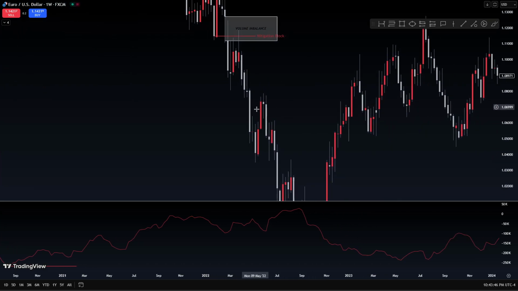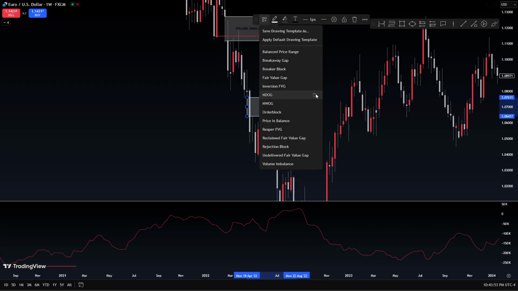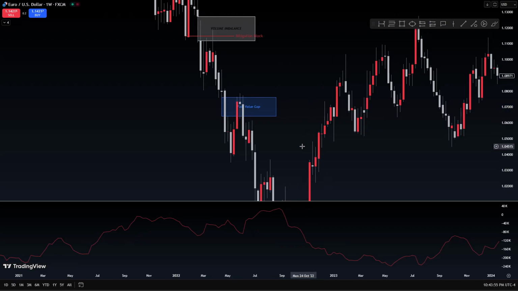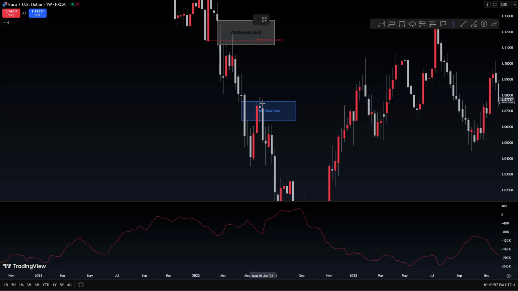Boom, hits what? Fair value gap. Whoa, amazing, isn't it? Now what happens here? Bodies stay within here. Wicks do a little bit of the damage, but guess what? That's fine. Now if we put a horizontal line here,